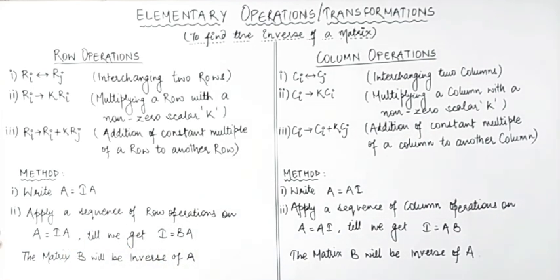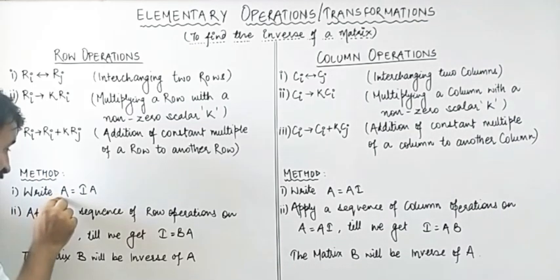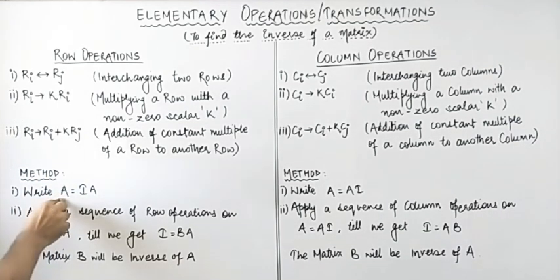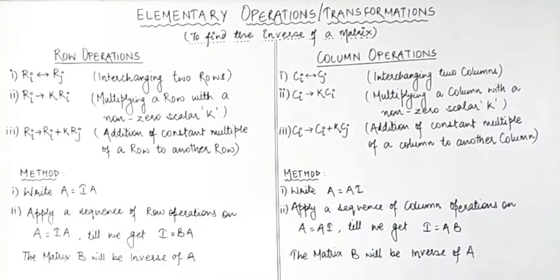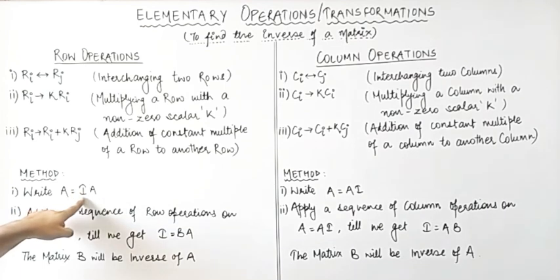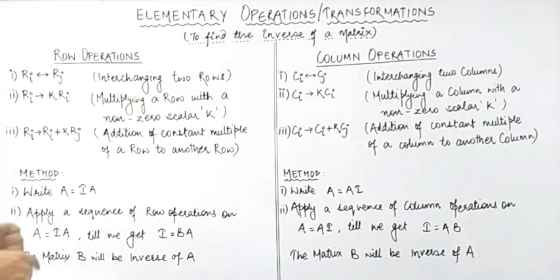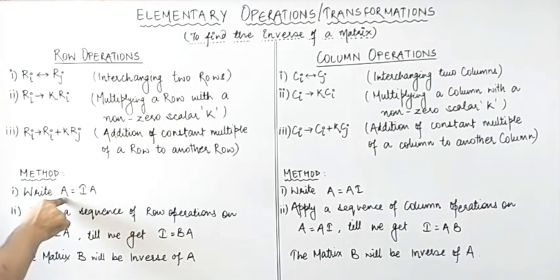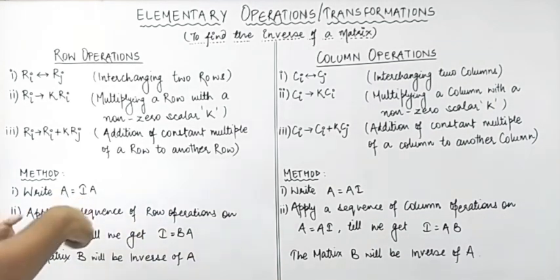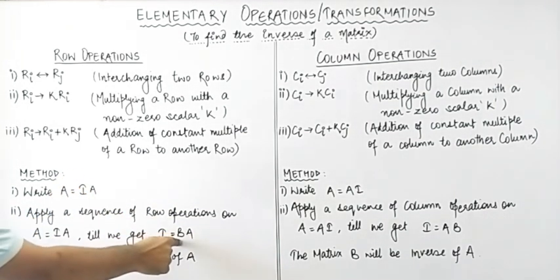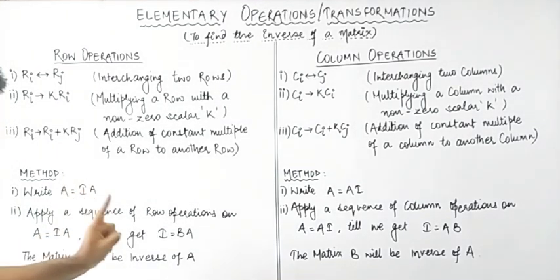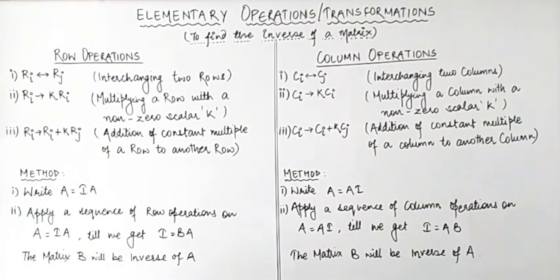It means we have to apply these three row operations on this left hand side matrix A, and whatever operation we apply on the left hand side matrix, we have to apply the same row operations on the right hand side identity matrix. This A will remain as A only. Now, we have to apply these row operations till the time we get this A as I, and in this sequence this I will change to B, and hence this B is the inverse of A.